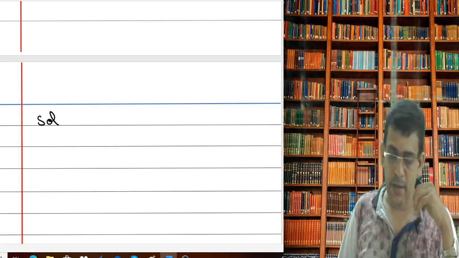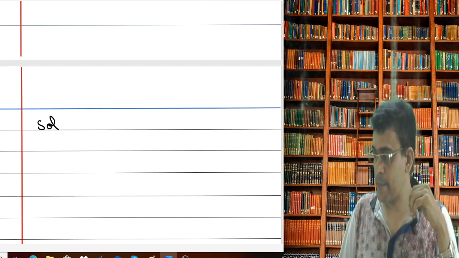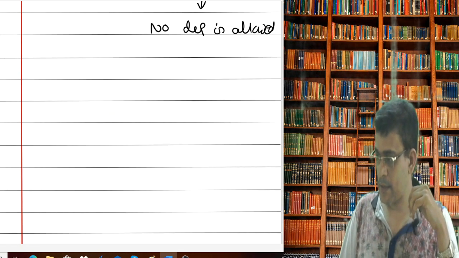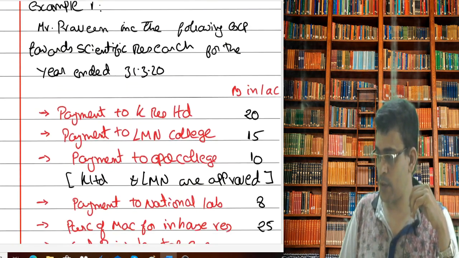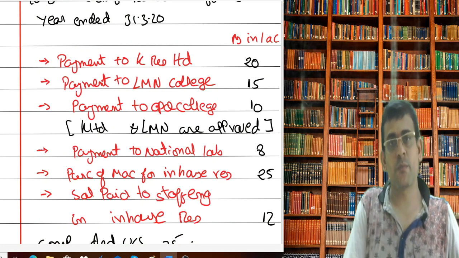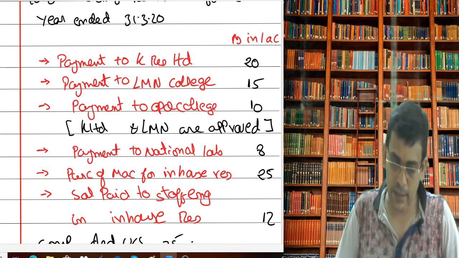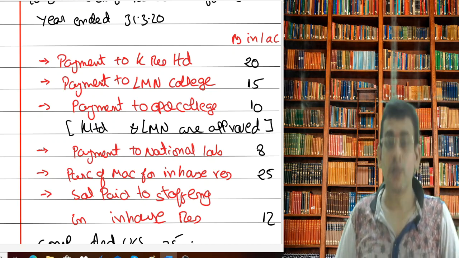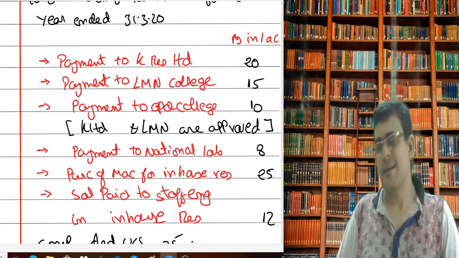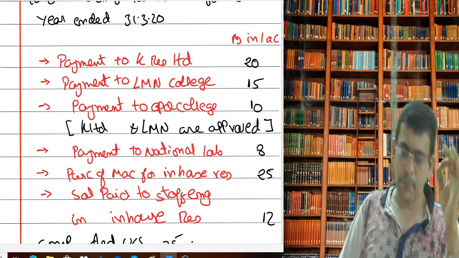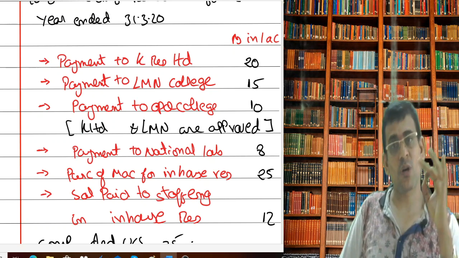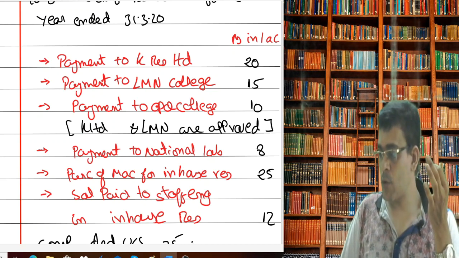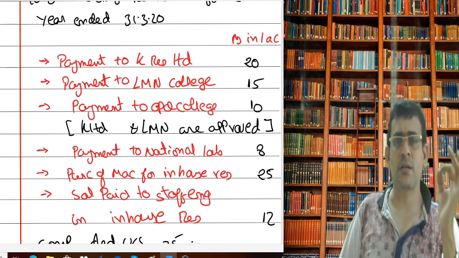What is done? Payment made to K Limited. So the first part of the problem is specifying payment made to what? Payment is made to a company. Whenever payment is made to a company, we have discussed what? Section 35, subsection 1, clause 2a. So what does 35(1)(iia) say? Any payment made to a company engaged in doing some sort of scientific research, then whatever amount you contribute, 100% of that is allowed as deduction.